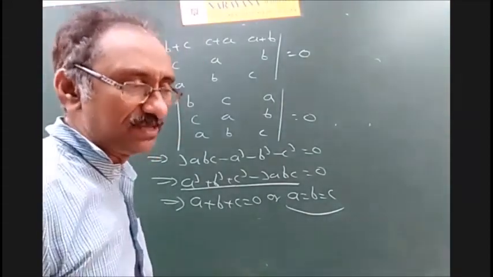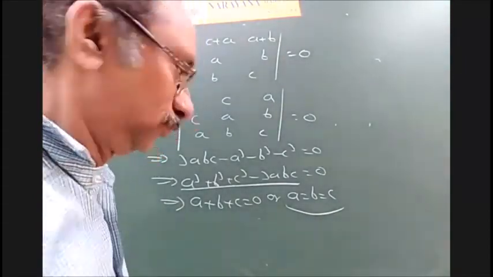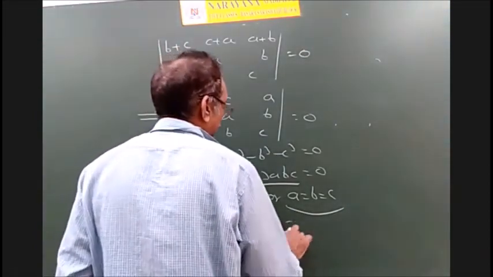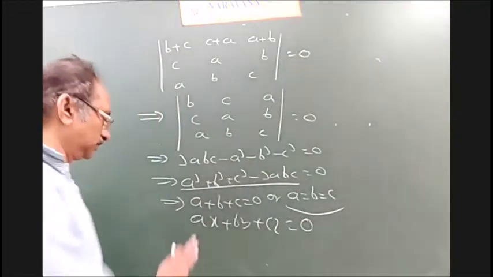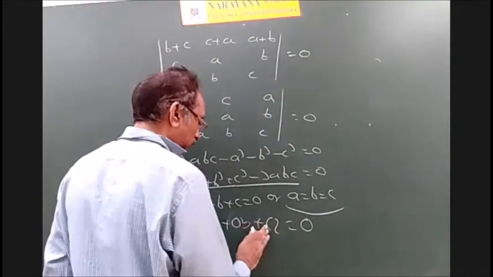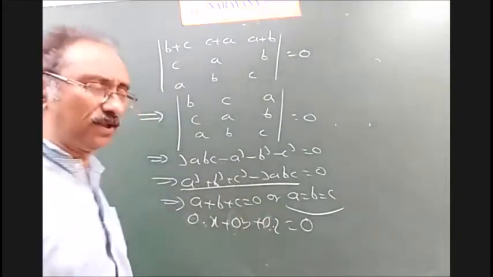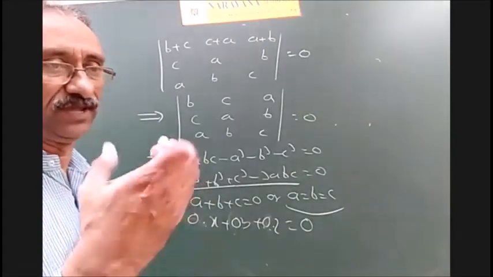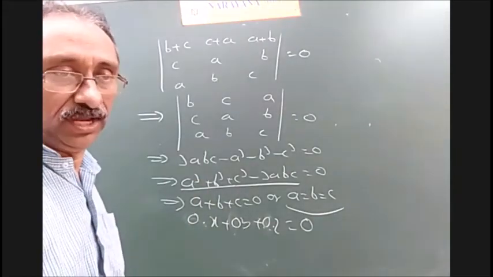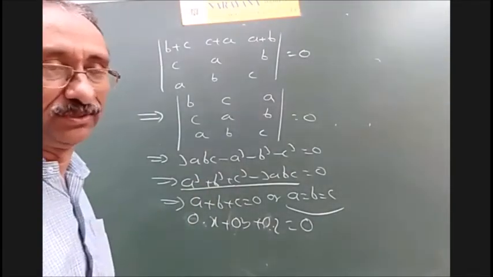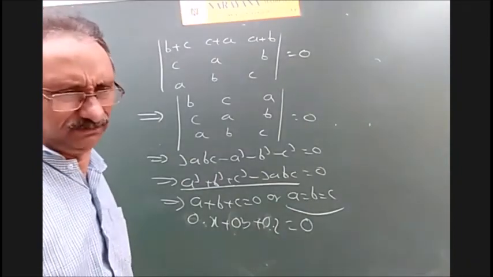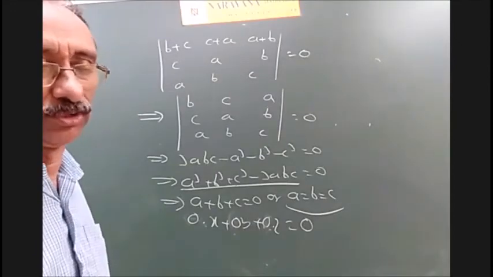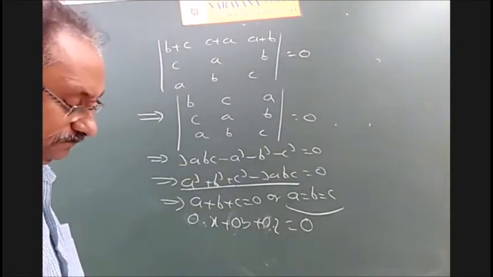Of course, we can treat them as... Yes, sir. Of course, if you write this like this: AX plus BY plus CZ is equal to 0. Suppose A is equal to 0, B is equal to 0, and C is equal to 0. Then no problem, you can write any X. So put X is equal to 1 lakh, Y is equal to 1 crore, Z is equal to number of cases of corona. Okay, no problem. It is satisfied because 0 is equal to 0. But that is a trivial one. So we don't bother about that. That's why in general we take them as non-zeros. Okay? Okay, sir.